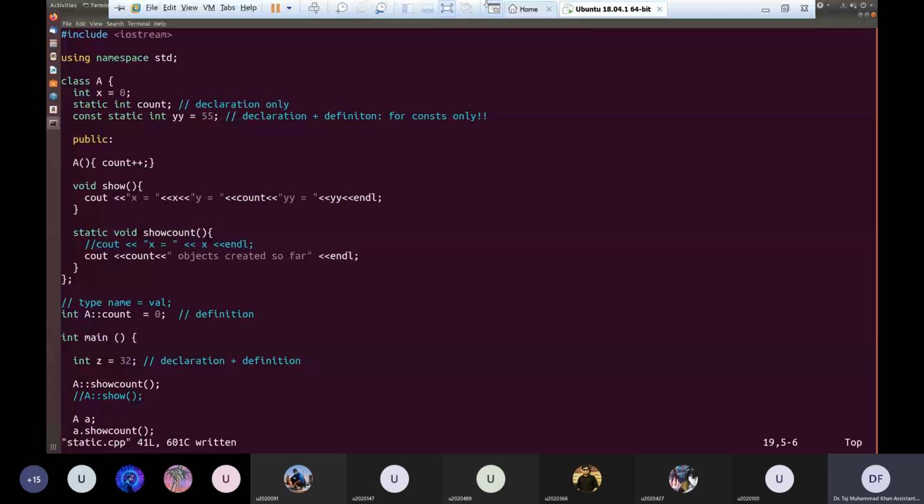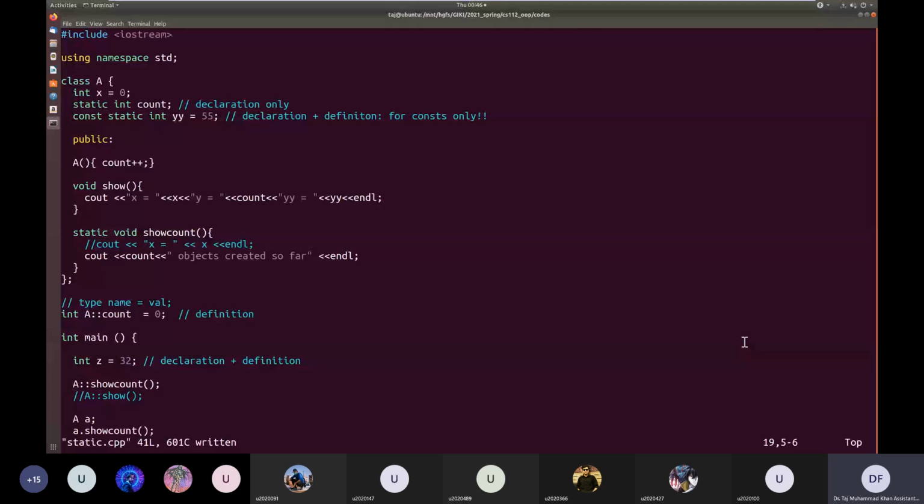It's not exactly scope, it's because it doesn't make sense. Since a static member function can be called using the class name, it might happen that I call this member function when no object has been created yet. Normal member variables are only created when objects are created.